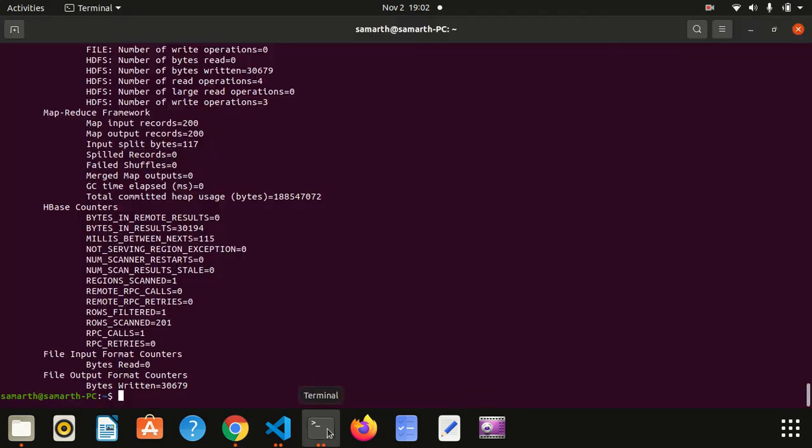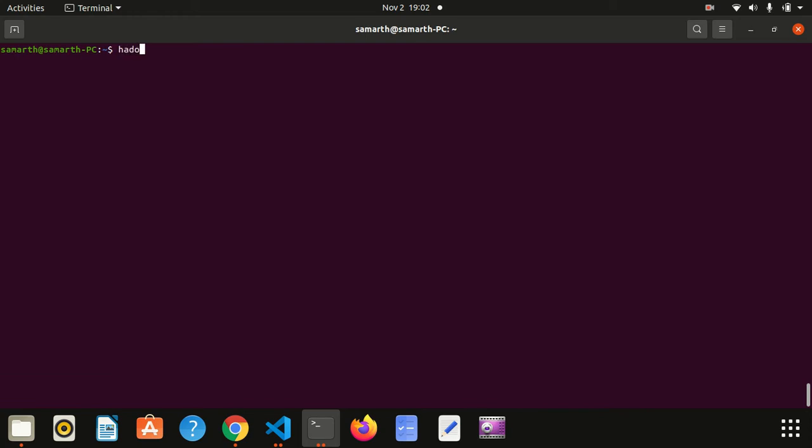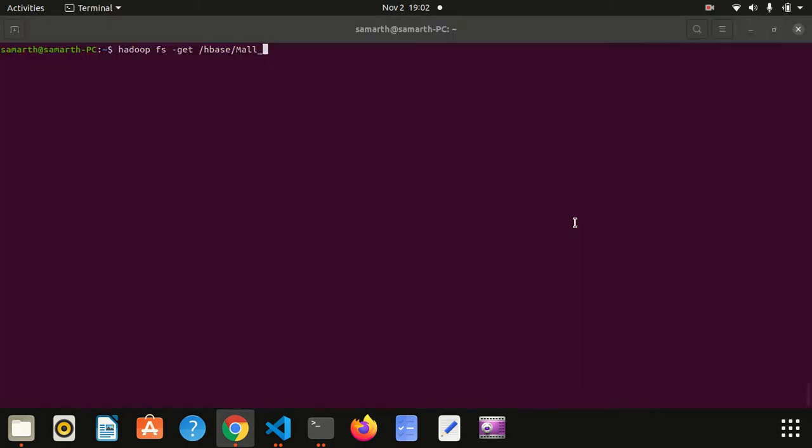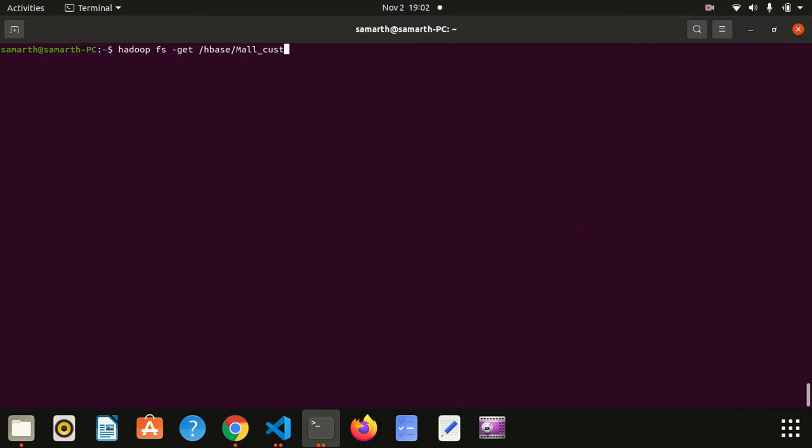Now I'll clear my screen. Hadoop fs, so I'm going to use the get command. My location is HBase, inside that mall customers exported. Next I have to give a location where I want to store it in my local system.